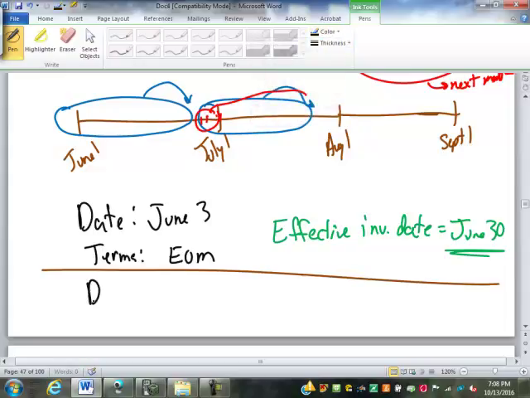If it is dated June 26th, and in the terms there's an EOM modifier,